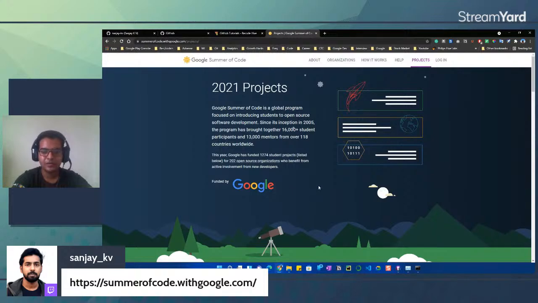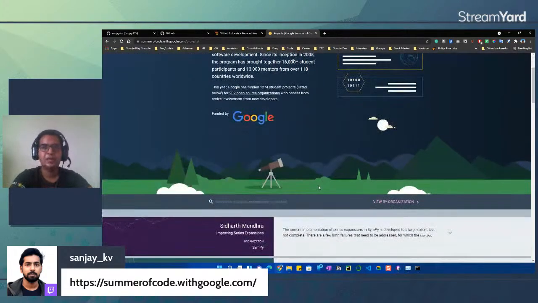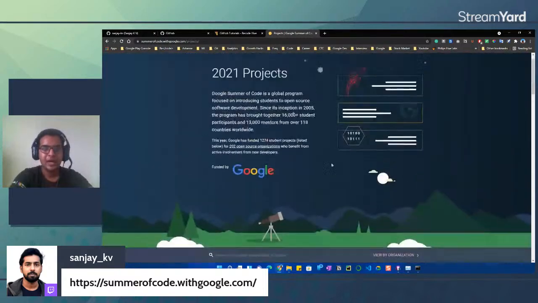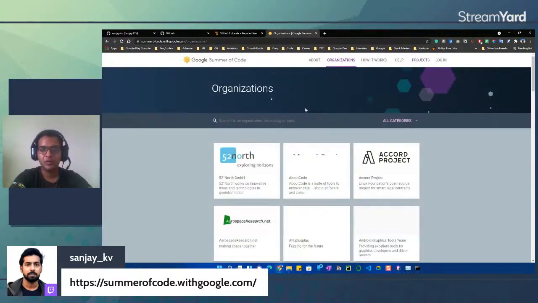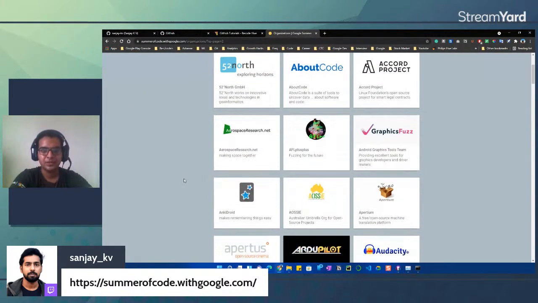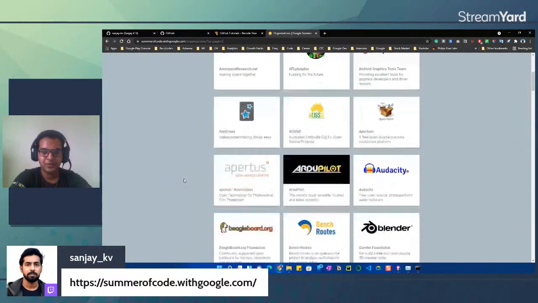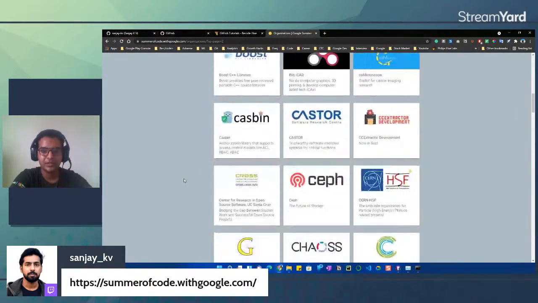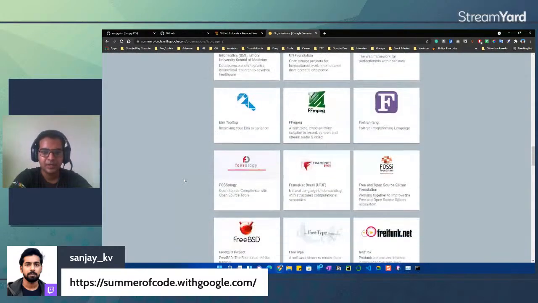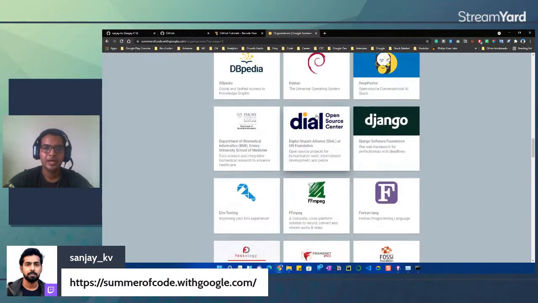In GSOC, there are multiple open source organizations that take part, and anyone from all over the world can take part in GSOC and contribute to any org or any org's projects. So if I want to contribute to any project from this list, let me choose one, Django. If I want to contribute to the Django project, I can just